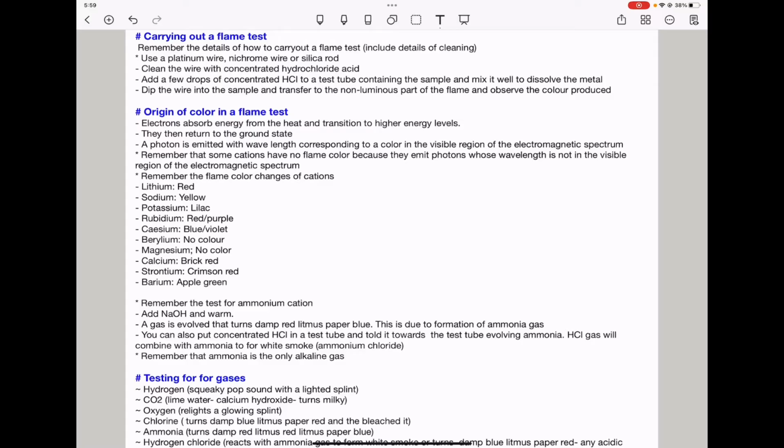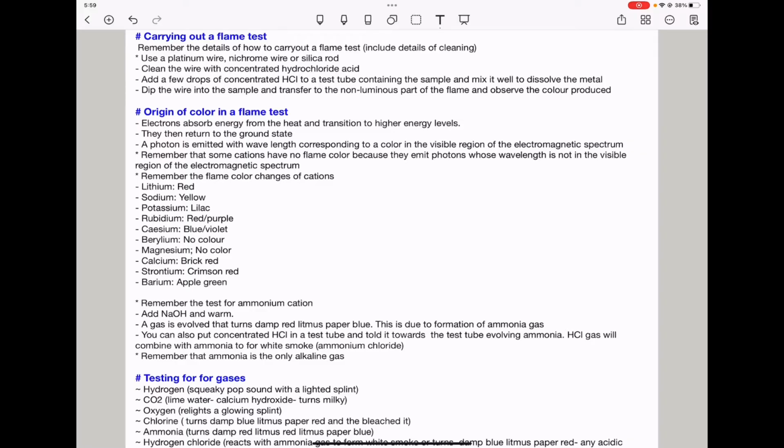So you need to remember the flame colors below. Lithium is red, sodium is yellow, potassium is lilac. Rubidium can be red or purple, cesium blue or violet. Beryllium has no color, magnesium has no color, calcium is brick red, strontium is crimson red, and barium